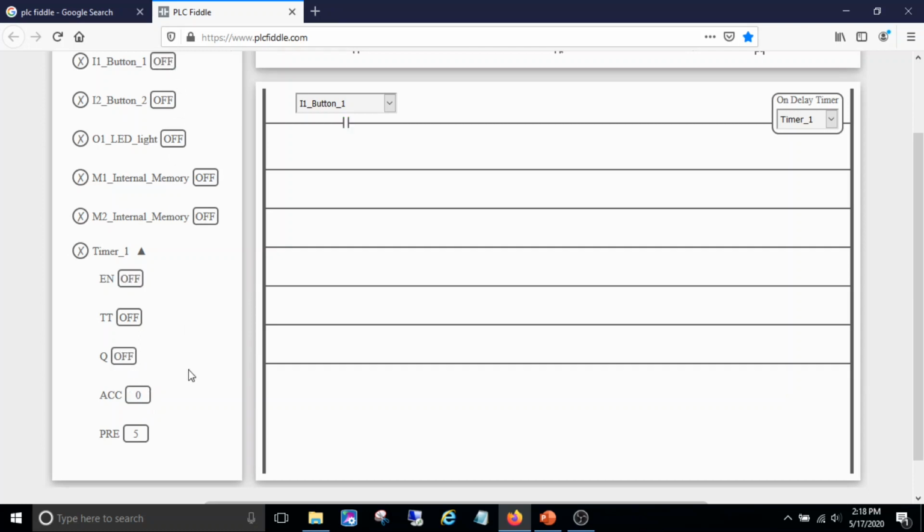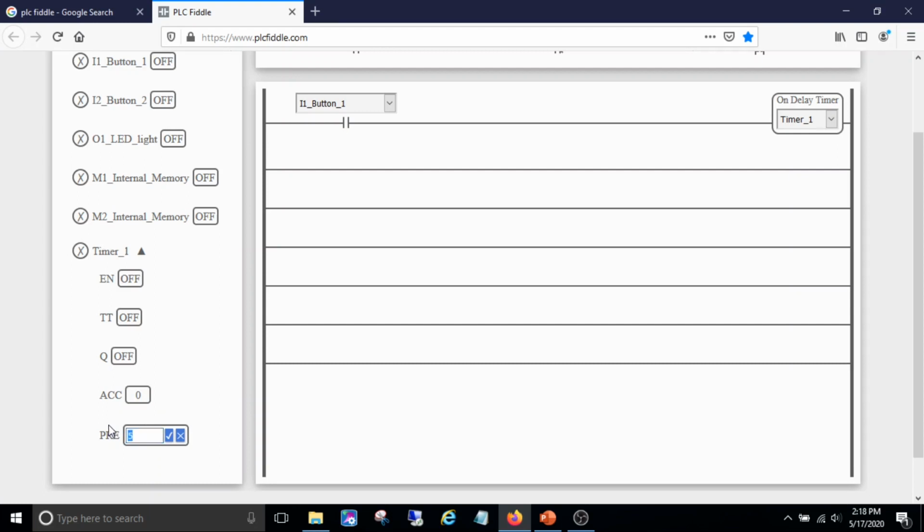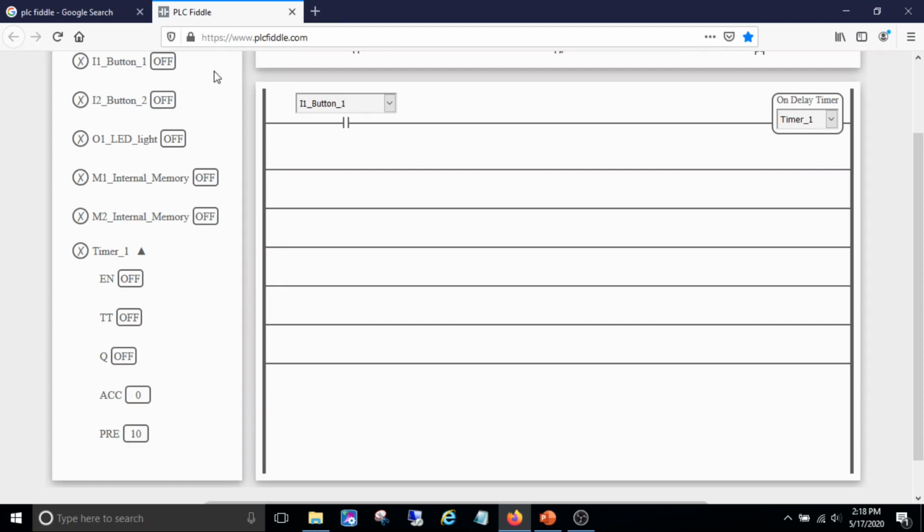So let's do that again. Let me make it a little bit longer so we can watch it better. Let's make it 10 seconds. Alright, so I'm going to cut the button back on again. You can see the accumulator value is incrementing as time goes by. It's timing right now. We've got these 3 different bits that we can use to manipulate things. So if we wanted some type of delay,